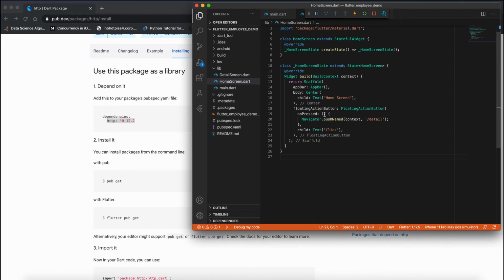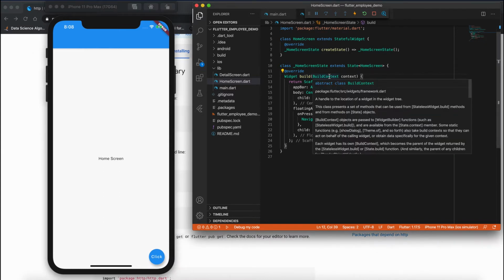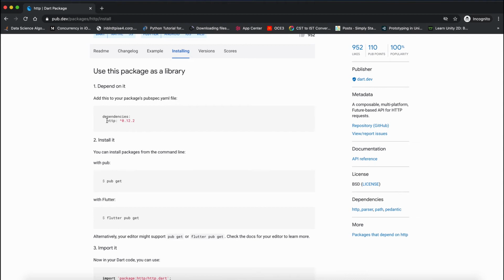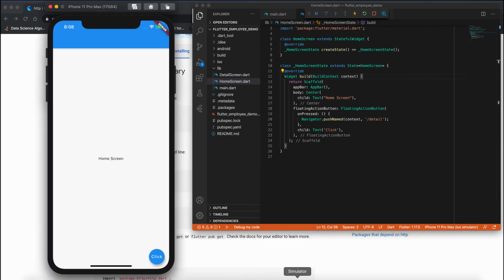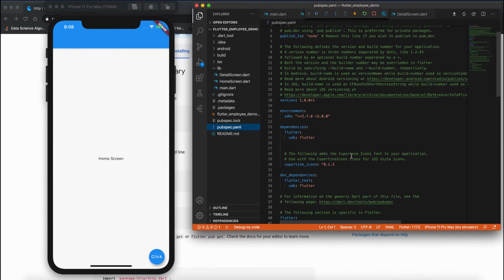So we have opened our Visual Studio. I have taken the same project we used in our previous video. The first step towards adding this Flutter package into our application is to open the pubspec YAML file. Inside the pubspec YAML you have to copy the Flutter package and its version number. So I copied this and went to the pubspec YAML, and here under dependencies,